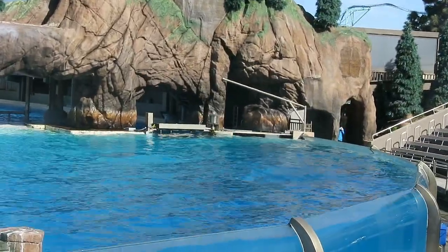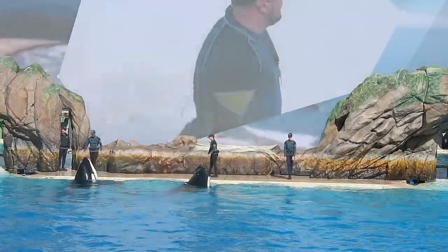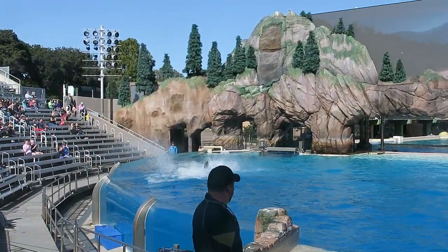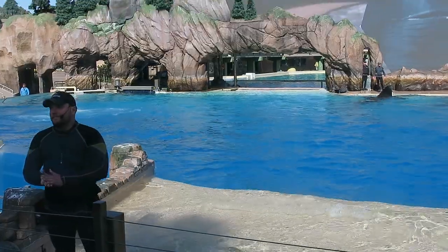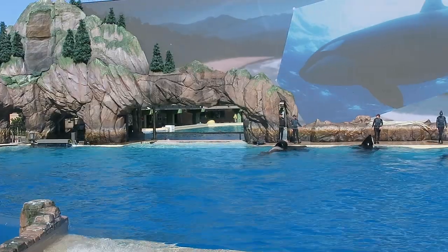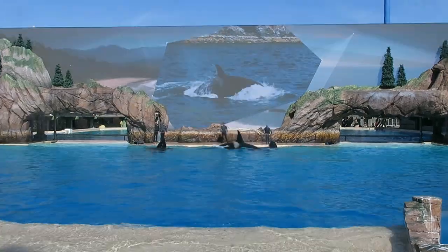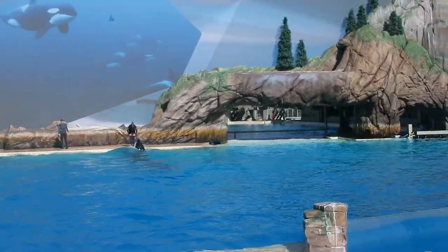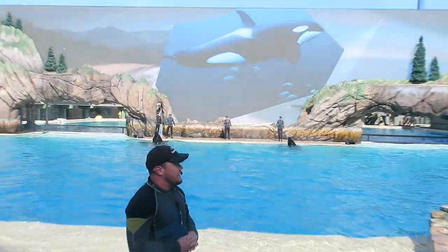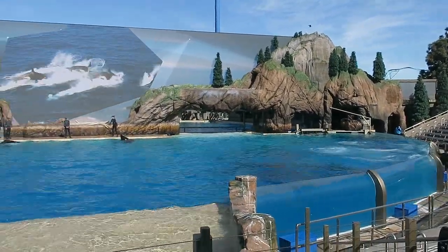Good afternoon and welcome to SeaWorld's Orca Encounter. My name is Chris and I'm honored to introduce you to the killer whales. Like seeing killer whales up close and learning about them and their natural behaviors. We hope this Orca Encounter will help give you a better understanding of this magnificent creature and all that it...